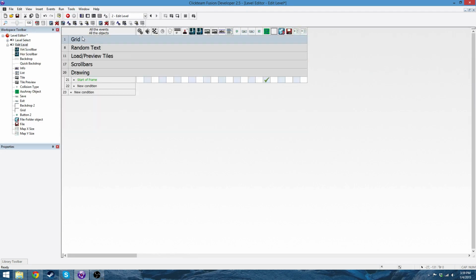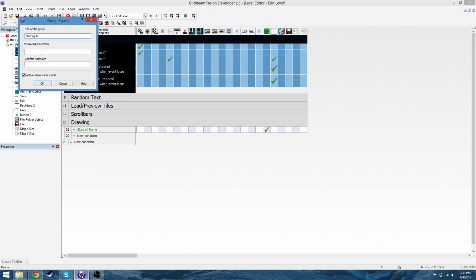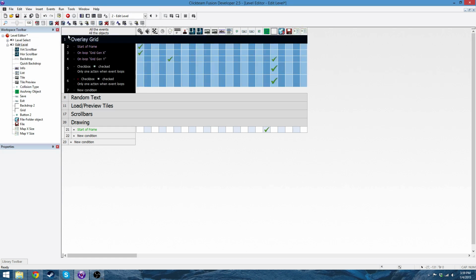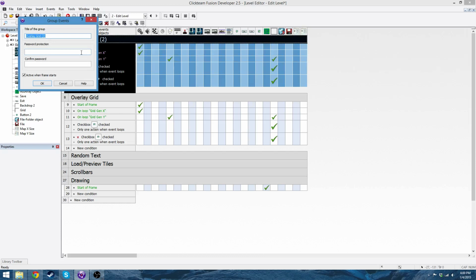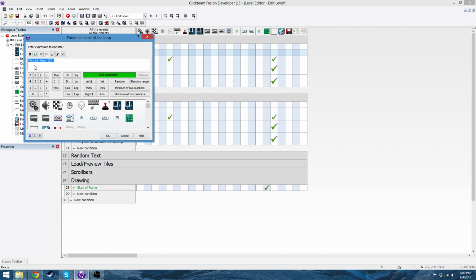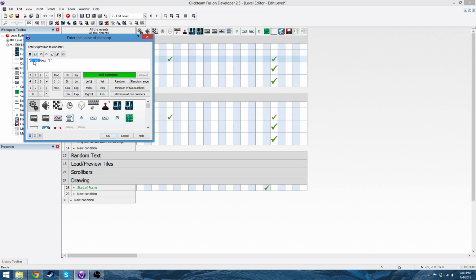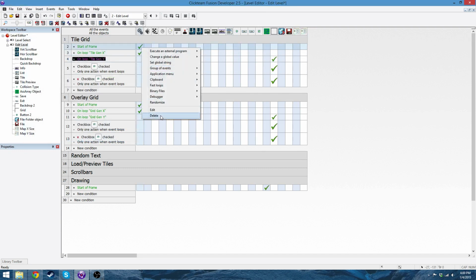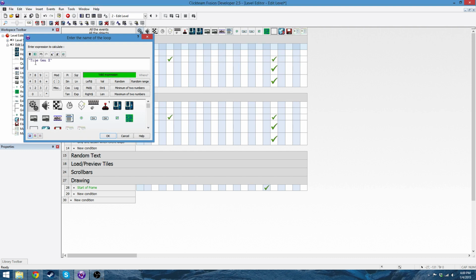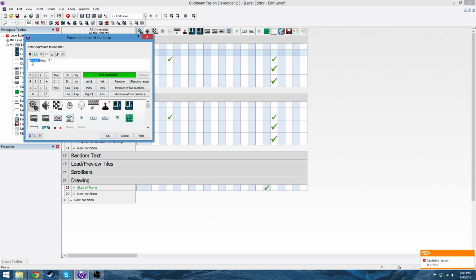And for the grid, I'm going to rename this to overlay grid. And then I'm going to make another group of events. Insert. I'm going to copy this. And then say tile grid. And then tile gen X, tile gen Y. Tile gen X, tile gen Y,